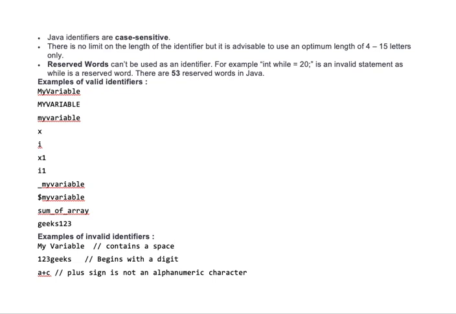Examples of valid identifiers: MyVariable, MYVARIABLE, myvariable, x, i1, my_variable, $myvariable, sum_of_array, geeks123. Examples of invalid identifiers: